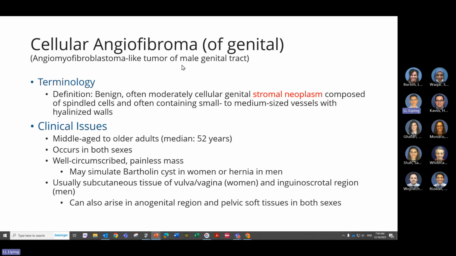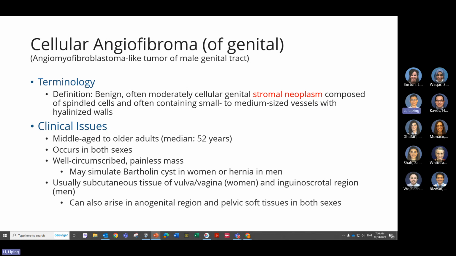So all of these entities, I think the histology looks different, but all of them have the name angiofibroma. So for this entity, they have cellular in front of angiofibroma. And then the terminology for this one is a benign,